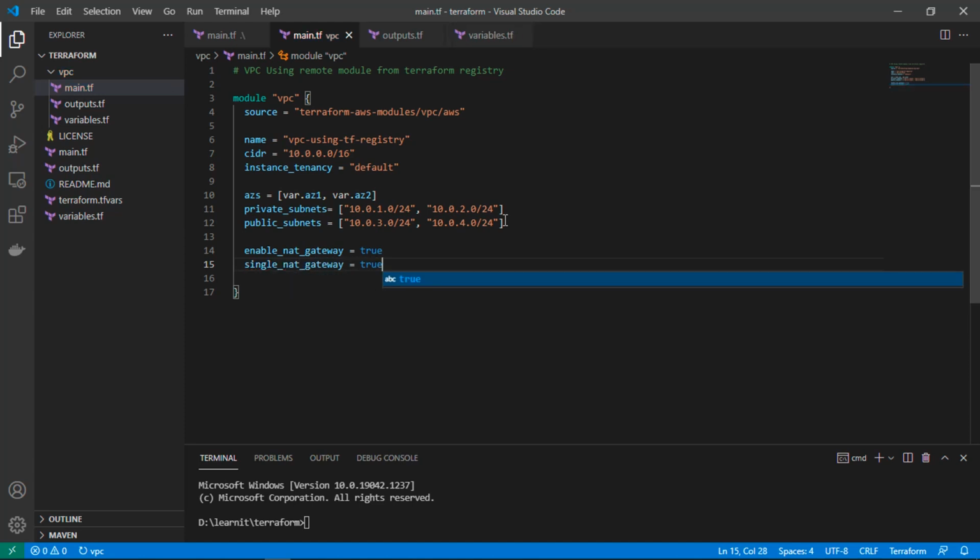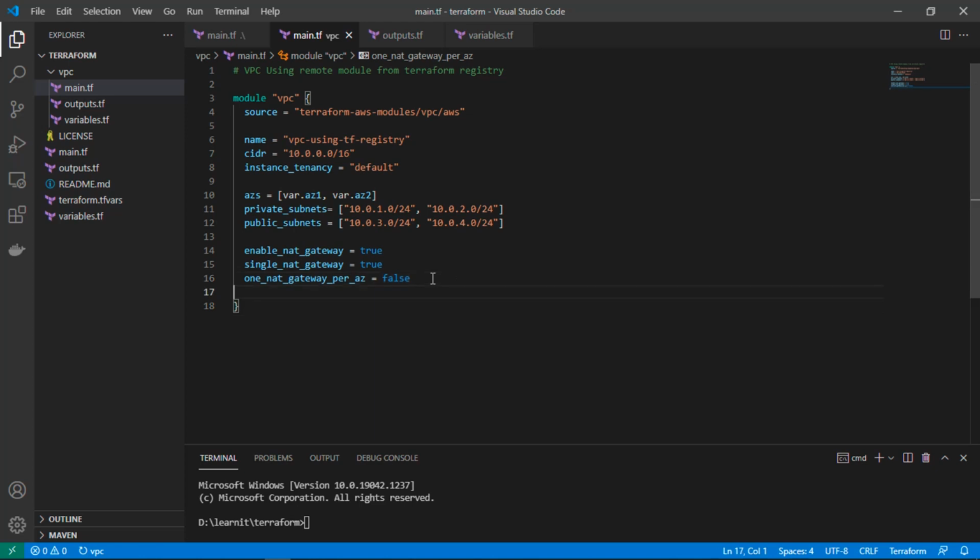as true. And also, as we have defined two different availability zones and subnets, we have to define whether we want a single NAT gateway per availability zone or not. Because this doesn't come under the free tier, you have to define one_nat_gateway_per_az as false. So this will create only one NAT gateway for our complete VPC. It will not create different NAT gateways for different availability zones.